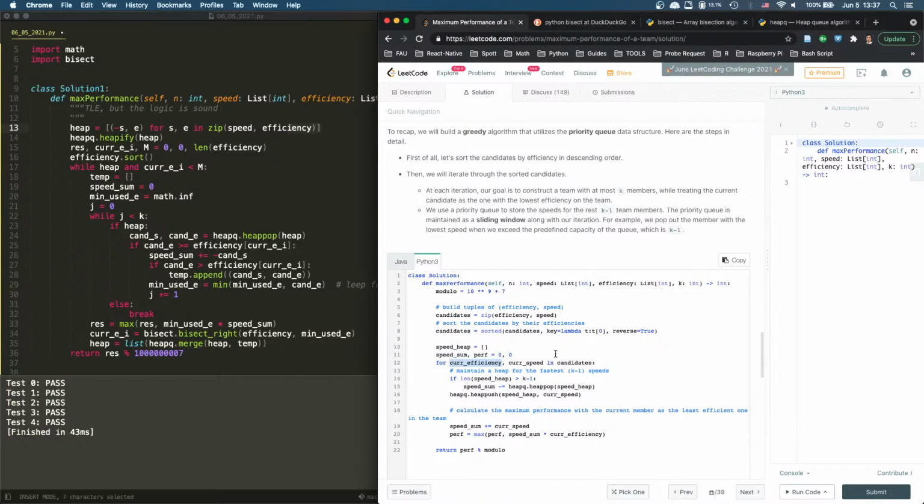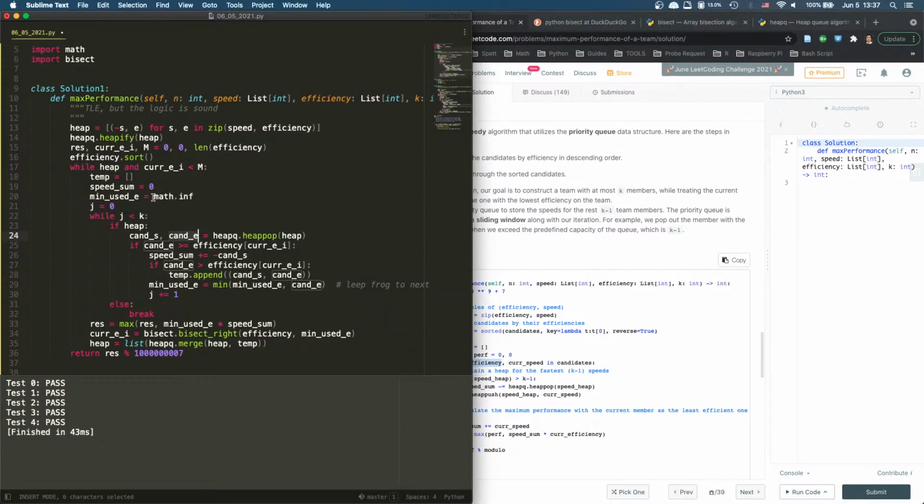Yes, that's exactly my problem. I want to find the maximum too. We have the current candidate, the current efficiency, the minimum efficiency, and we want to find everyone whose efficiency is larger or equal to the current efficiency, and we record the candidate, the speed, and we add the speed together, right? So that is the same, but the difference is,